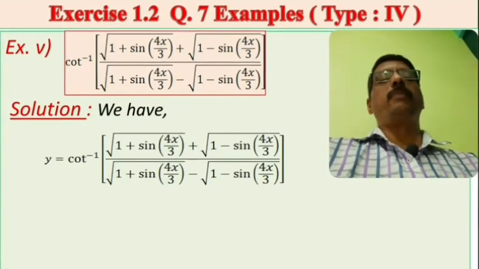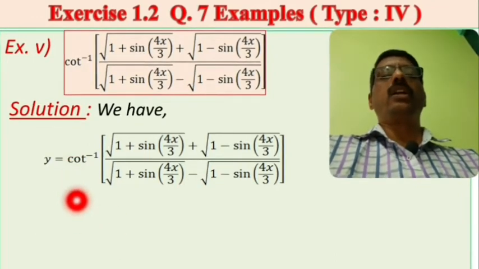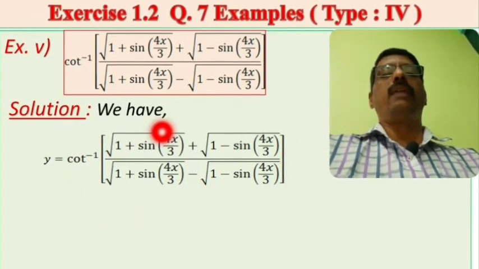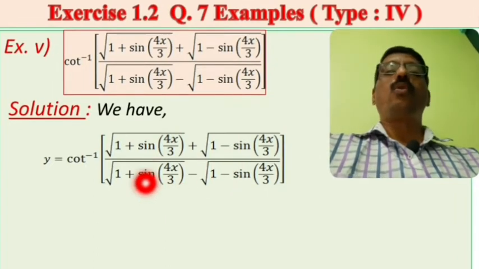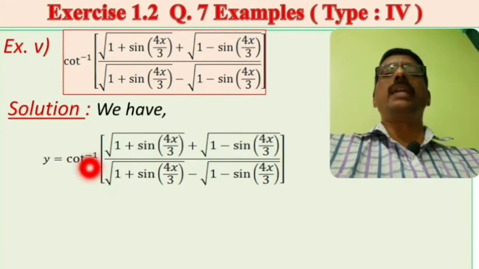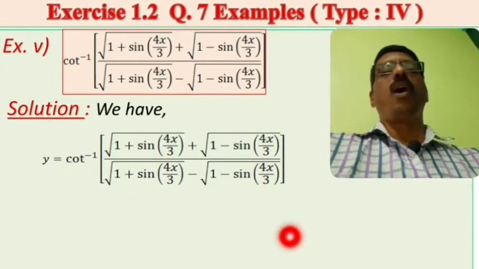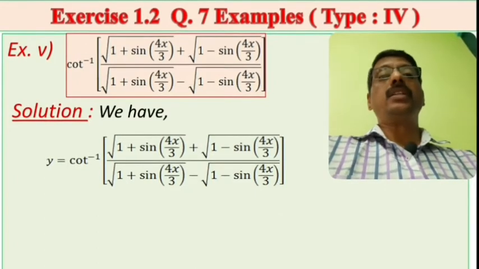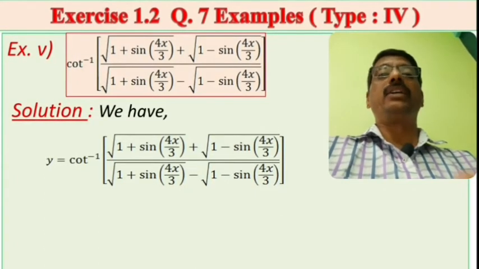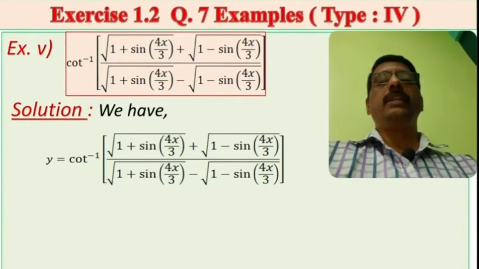Again the same process has to be applied here. Firstly, outside the bracket we have cot inverse. That means we have to convert that bracket into the form cot of f of x. Then cot inverse cot cancels, only f of x remains, then take the derivative of f of x. But firstly we have to convert that bracket into cot of f of x. How to convert? That I will be discussing here.